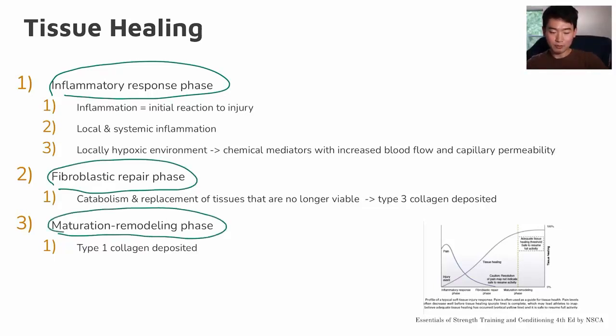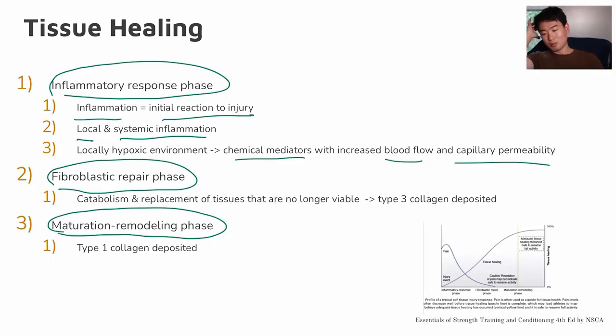So taking a look at the first phase, the inflammation happens, right? That's the initial reaction to the injury. And then you can see some local and systemic inflammation. You might see some swelling, you might see some bruises locally. And then systemically, they want to try to bring a lot of blood to the area so they can bring chemical mediators and increase the blood flow to the area so the tissue can heal faster, right? So locally it may be hypoxic, which means there's not a lot of oxygen there, but systemically you want to try to pull everything in there